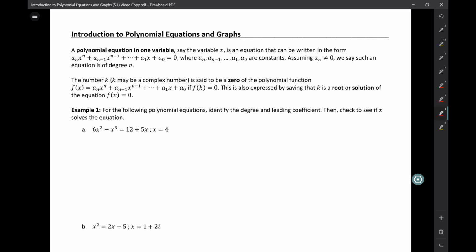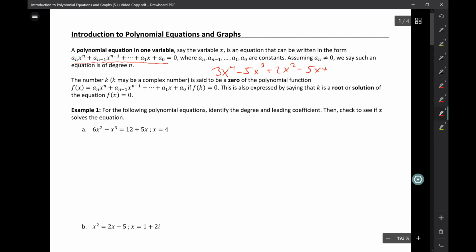So in general, a polynomial equation can be written in the form a sub n x to the n plus a sub n minus 1 x to the n minus 1, all the way down to a sub 1 x plus a sub 0 equals 0. Basically, any equation that looks like 3x to the fourth minus 5x cubed plus 2x squared minus 5x plus 3 equals 0 is a